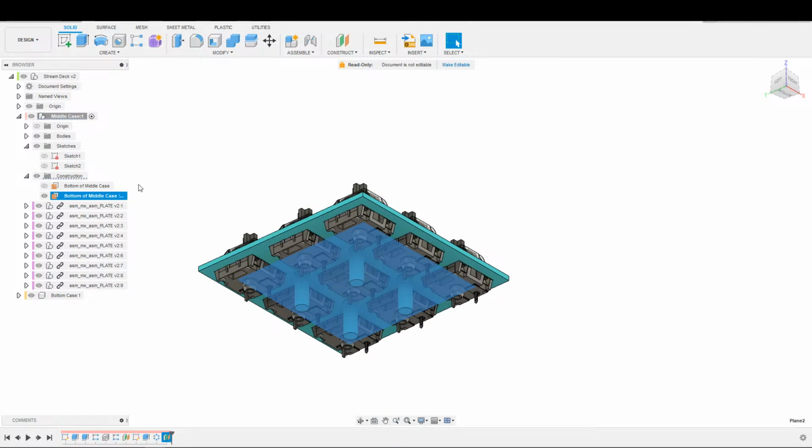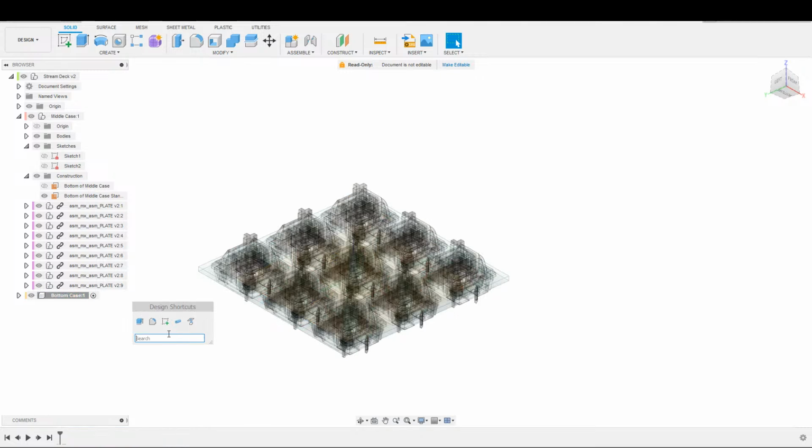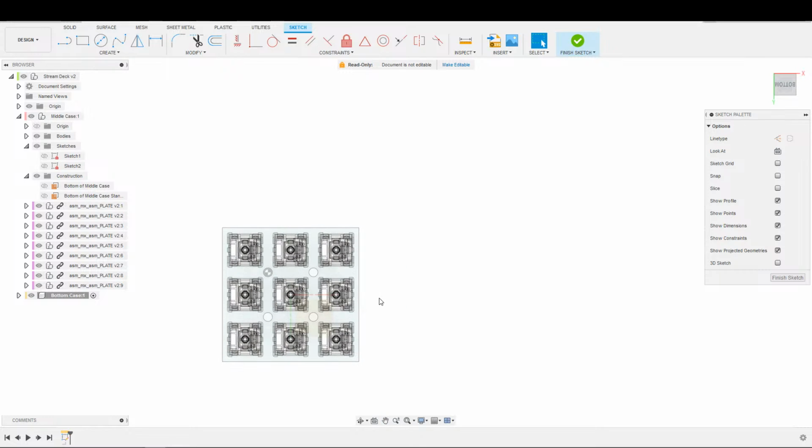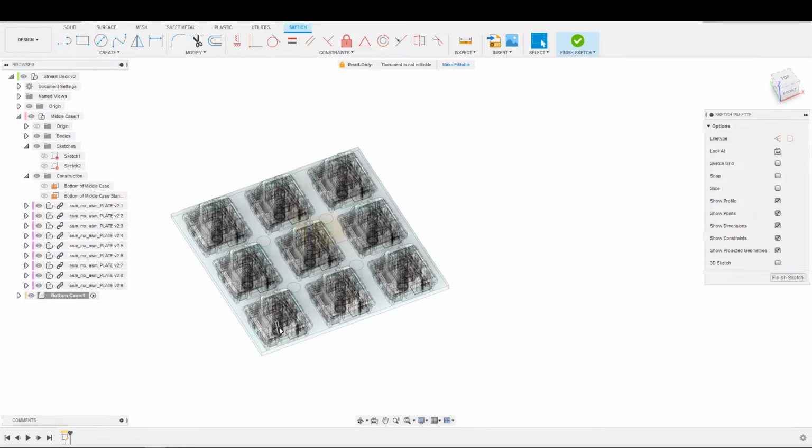There we go. And now we can come back to the bottom case, the base, and draw this out. Now, let's think about this a little bit. I do have meat around these edges here for the switches, but our keycaps were 19, which is 8.5 on each side. 8.5 minus 10 is 1.5 millimeters. So we have 1.5 millimeters around the edges, but we maybe want to extend this plate out further because,